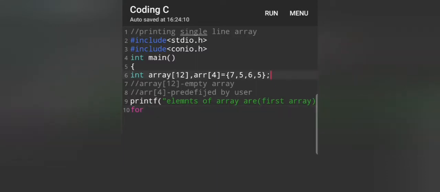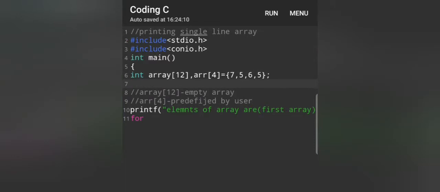And for making use of for loop, we need to declare variable along with it. So there are 2 arrays, so there would be 2 for loops as well. Hence, we are declaring 2 variables b and c of integer data type. Let us specify the condition of our for loop as b = 0; b <= 12; b++. Then we will use opening curly braces to start our for block.